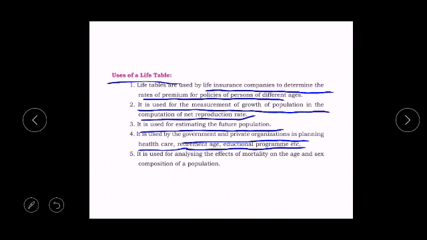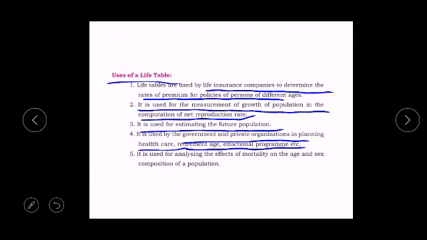So the average age in India is 60 to 65 years. Now it has increased from 40 years at the time of independence. So the life table helps in fixing the retirement age, and also in educational programs, at what age what things should be taught to the children, and also health care. So at what age what diseases will come, all those things will be studied and the planning will be made here.